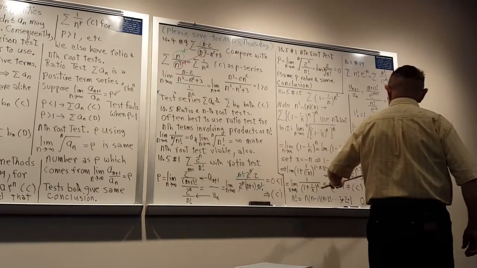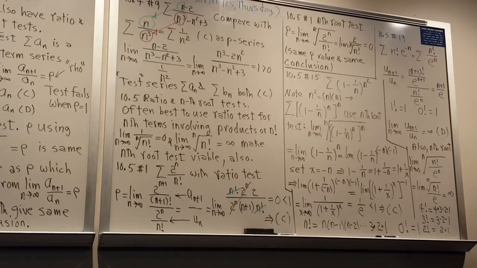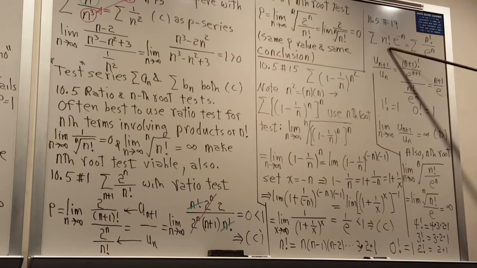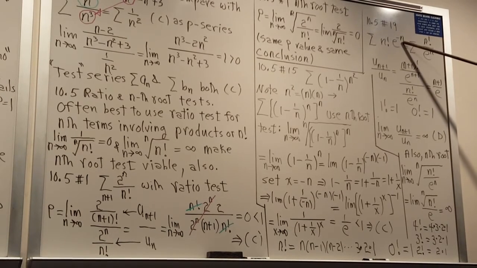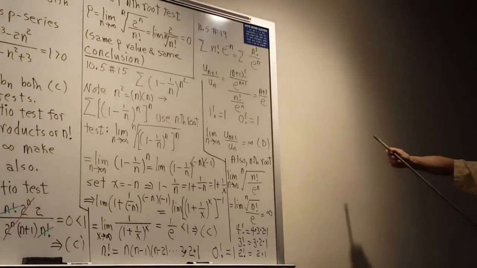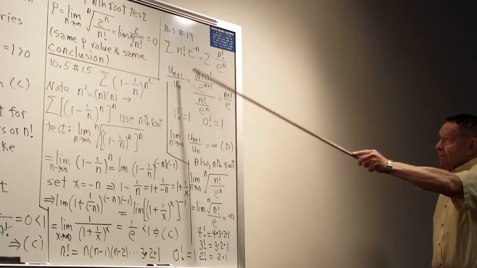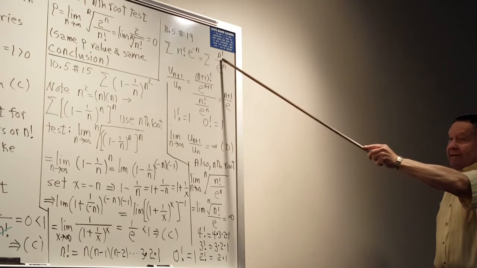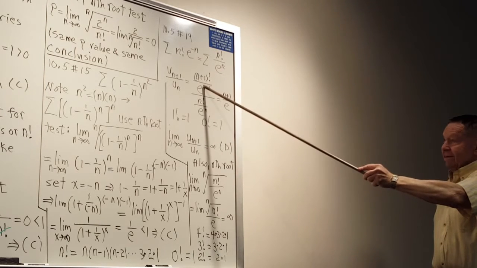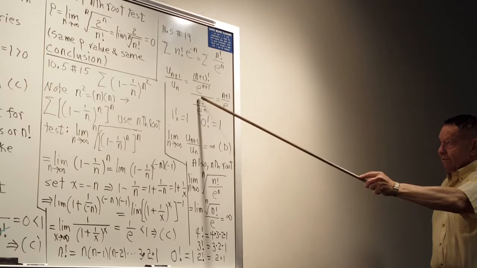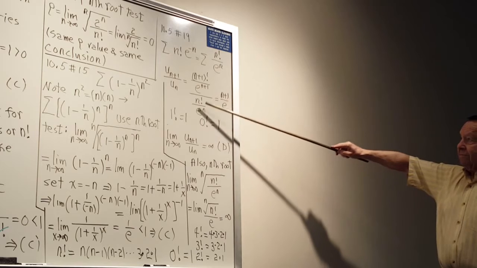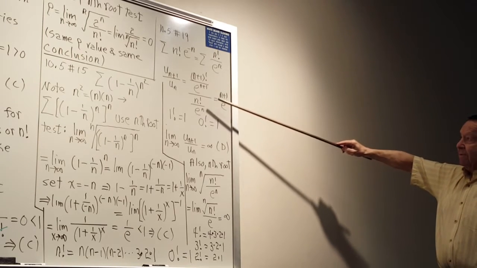So then, last one for today is problem 19, where you have n factorial e to the minus n, which you can write this way. And if you do it as a ratio test, your n plus first term is n plus 1 factorial, e to the n plus 1, and then your nth term, you copy what you have. And then simplify your fraction and